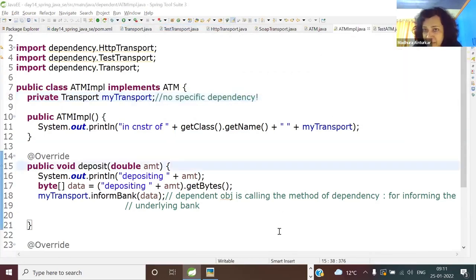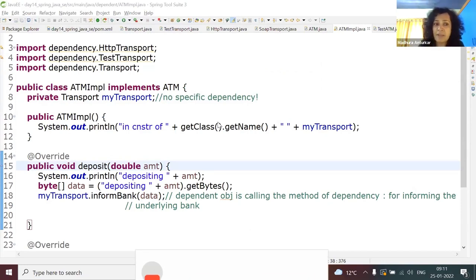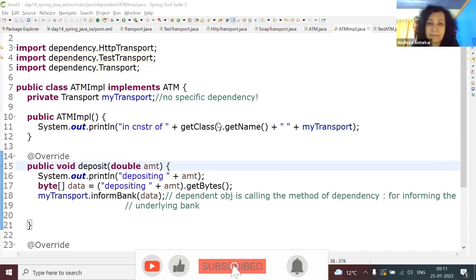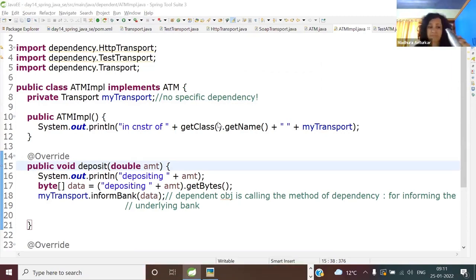So can anyone suggest a mechanism? Mechanism is too heavy a word. Can you give me a way out? Can you suggest something where I don't have to compromise the loose coupling, plus I don't get a null pointer? Suggest. Is there any way? Spring way is the later way. But I'm saying before Spring, can you suggest something which can make this loose coupling plus no null pointer? Yes, tell me. I'm waiting. It is very much possible. You just have to think about it.